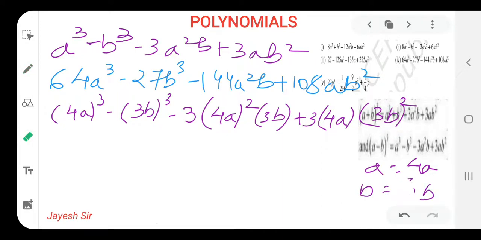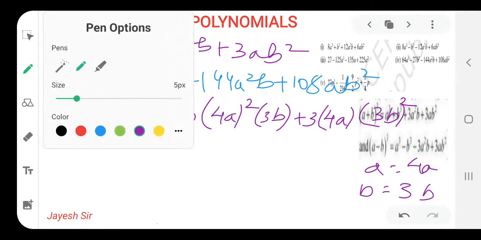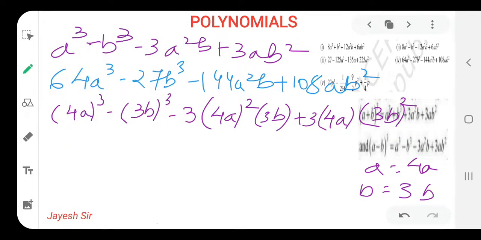Yes friends, I hope you all might be getting it and understood properly. In this way we have just put the values of a and b in my question. So let's check whether we have done it correctly or not. As we have done it based on this only, I am not checking that part. So let's begin with minus 144 and 108. First thing we'll do is 4 square, that means 16. 16 3s are 48 and 48 3s are 144. Yes, I am getting the correct answer.